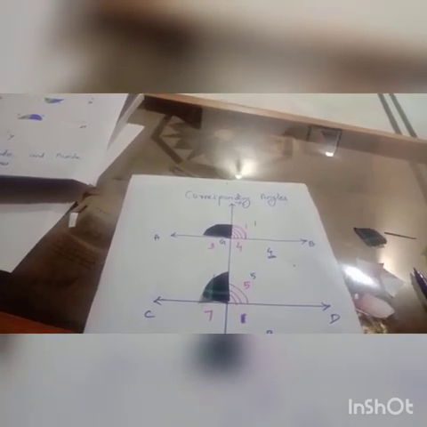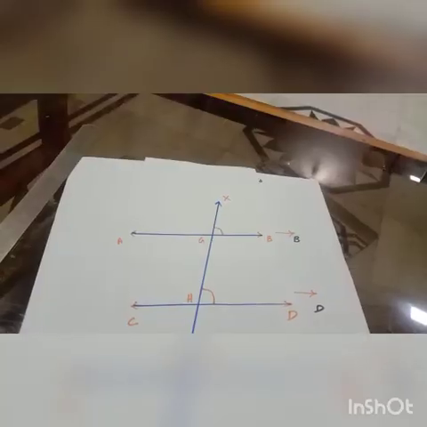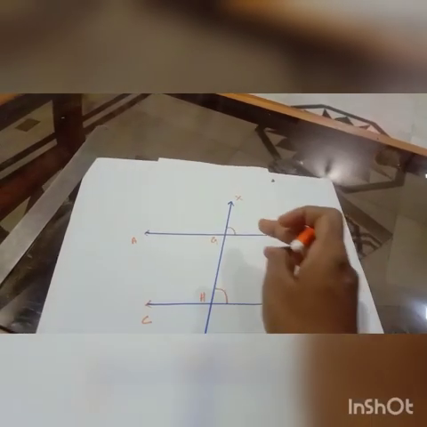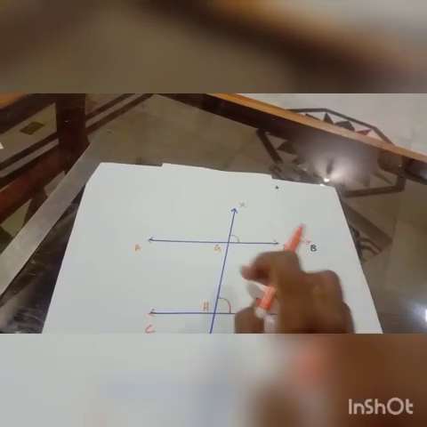How many angle pairs are formed? You see, 1 pair, and 2, and 3, and 4. Four pairs of corresponding angles are formed. Now we are going to see how to write the corresponding angles in 3-letter form. You already know these two angles are corresponding angles. It is formed at G and H.